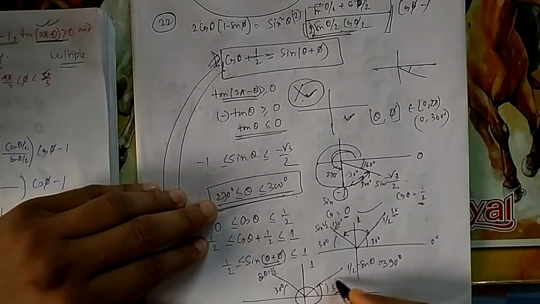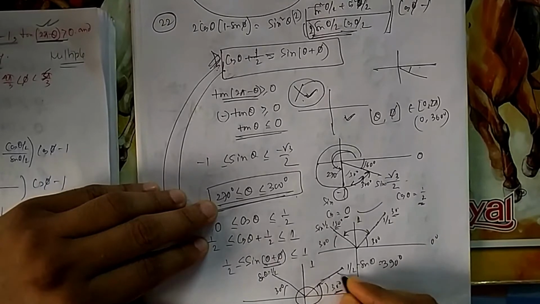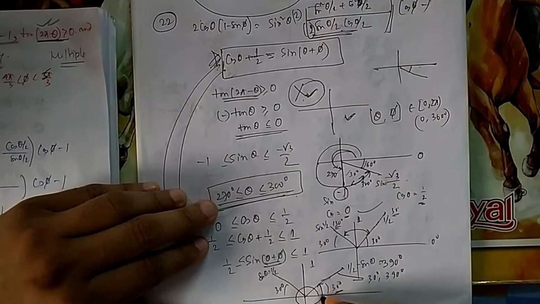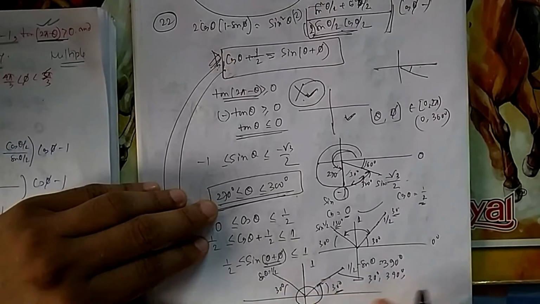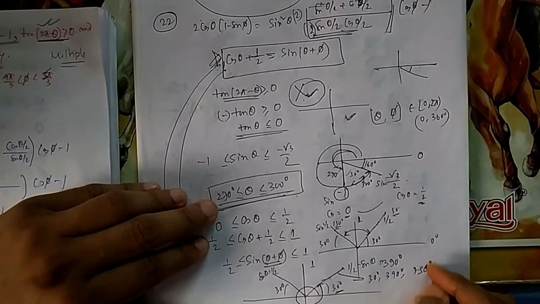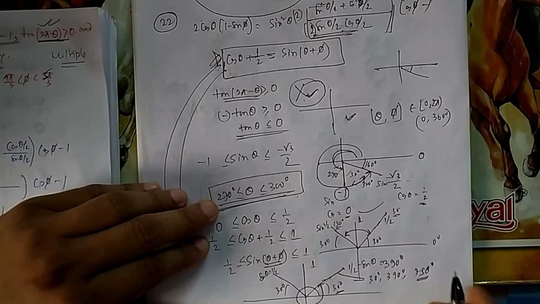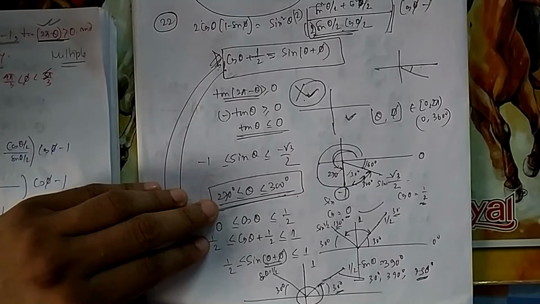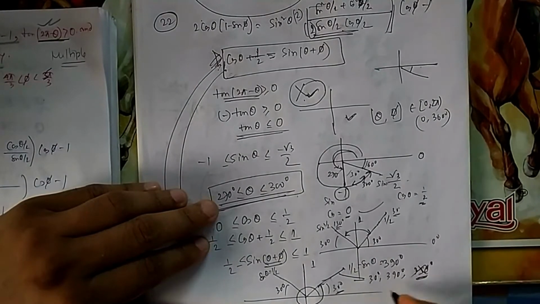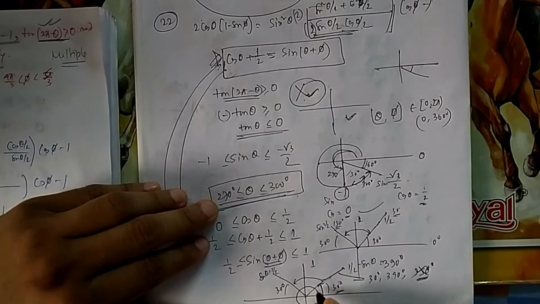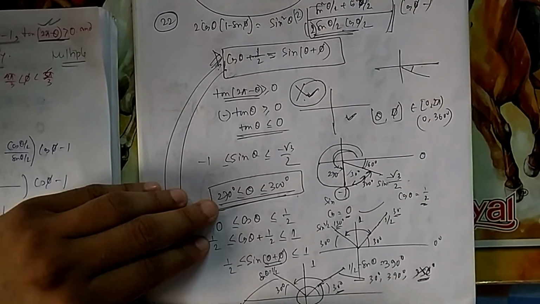So 30 is not the answer, because this line can be written as 30 degree, and can also be written as 390 degree. If you take one rotation, it can come again. It can also be 750. But I cannot go to 750, because theta and phi both should be within 360. So 750 means one is going beyond 360. So it cannot be. So it can be 390, or what is this other line? If I take one rotation and come to this line, 410.